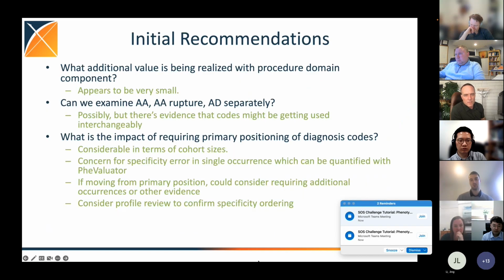I'll skip over the next slide just to provide some initial recommendations, and that really riffs off of the questions that I had before. So what additional value is being realized with the procedure domain component? It appears to be very, very small, and we could probably safely discard it. Can we examine aortic aneurysm, rupture, and aortic dissection separately? Possibly. There's evidence in the inpatient environment that codes might be getting used interchangeably,